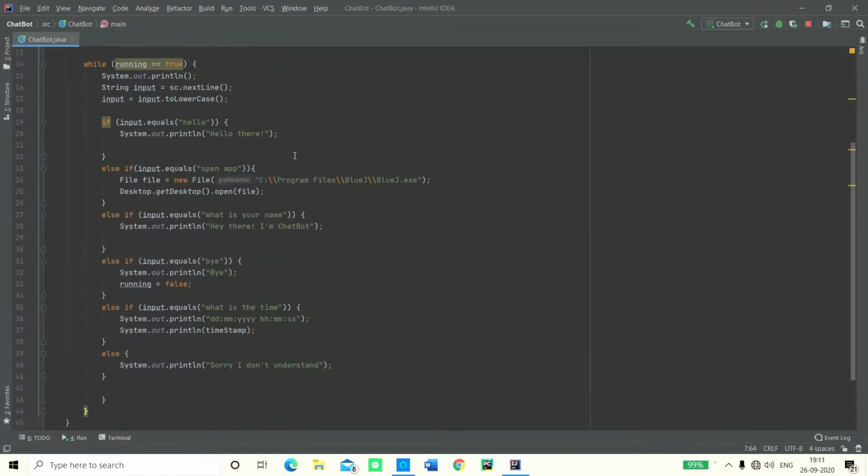You now have a successful chatbot which can open apps. Now you can give a command for naming an app, so open BlueJ or open a different app, and it's going to open the app. All you have to do is specify the path name. That means you now have a working chatbot which can actually do a whole bunch of stuff. Isn't that cool? I know that is.